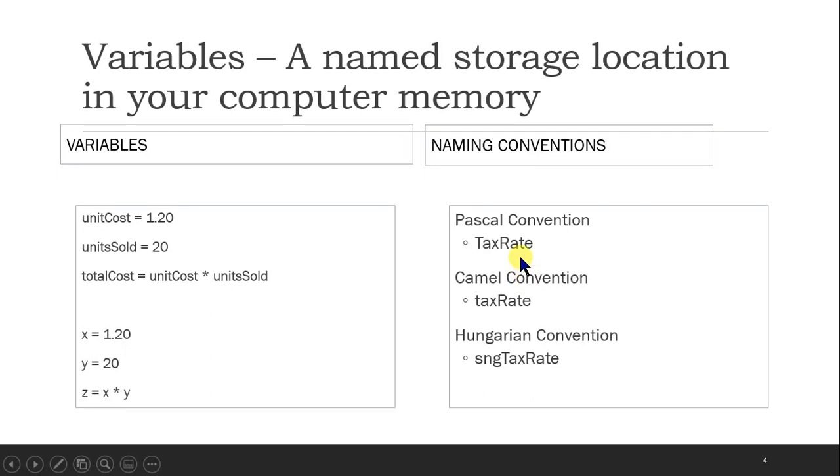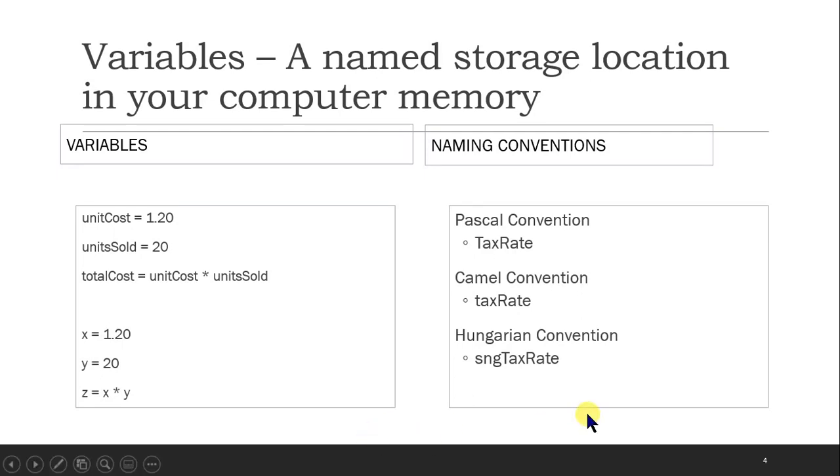Fine. In Pascal, you have to use capital letters two times. In this, I have to use a capital letter one time, so we press the shift key once. So it is quite easy to write taxRate. It saves effort, it is more efficient to write. So general organizations use camel convention. Camel is like the hump is higher at the middle point, so it is called camel convention.